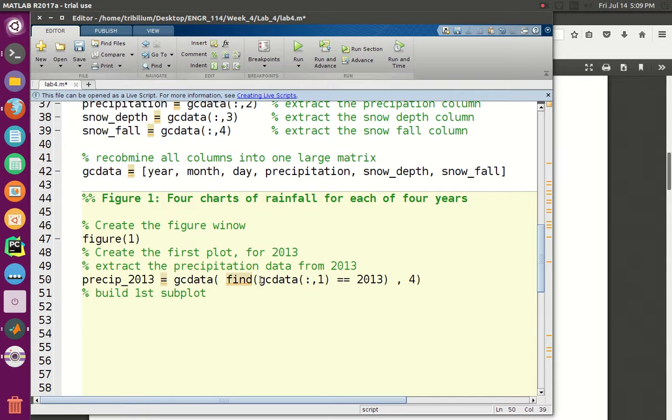We want to get the GC data first column, that's the year column. We want to look through all of those rows and compare that and make sure that we're in 2013. By using the find function, we'll be returned the indices, or the locations, where this is true. And then we'll use those indices, or those locations, in order to pick out which rows we want to get the precipitation for. So let's give this a save, give this a run,